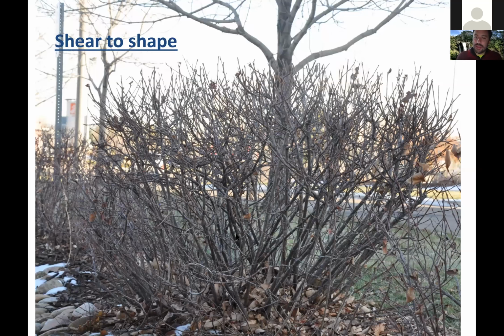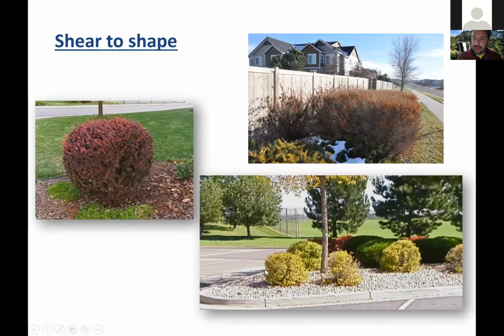Here's some examples of it around. Some shrubs tolerate it really well. This is a barberry. They tolerate shearing pretty well. Here's that other picture I showed you. Here's some, I think these were Japanese or Bemald spirea that are getting sheared, which is crazy because they're going to be small anyways. I don't know why you'd shear them, and they're looking a little chlorotic.